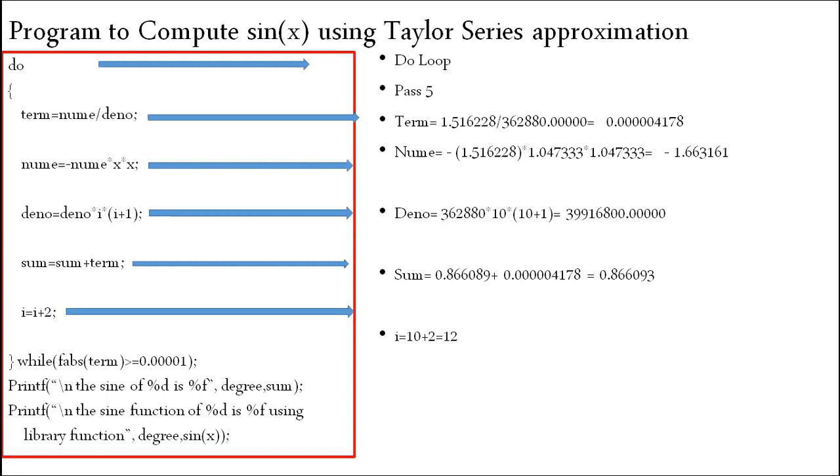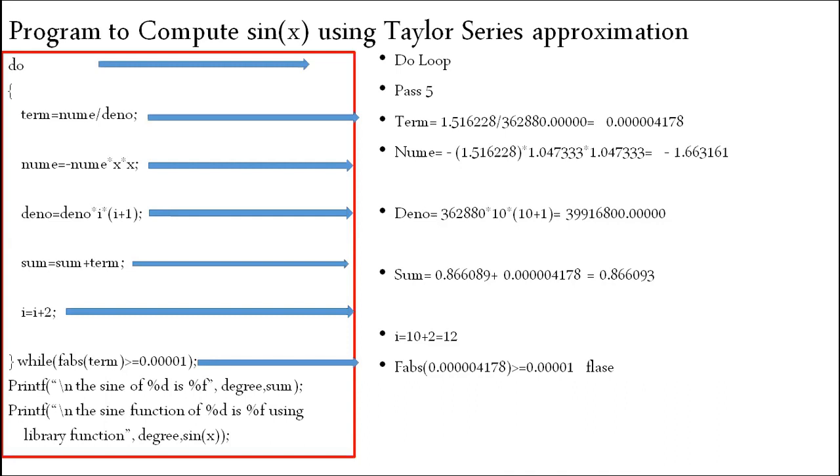Again I'm incrementing it by plus 2. So 10 plus 2, it will be 12. Next, again I'm going to check my condition. Now my condition is fabs of term. The value of term is 0.12345 zeros 4178. Here my smallest value after the point, I'm taking 1, 2, 3, 4, 5 digits only, 4 digits with respect to 0 and 1. If I compare this, automatically it is less, because after the point, even for 5 digits there is a 0. So now my condition is going to fail.